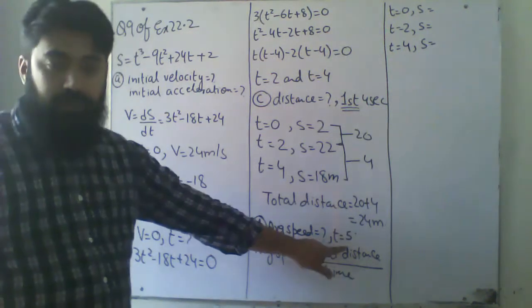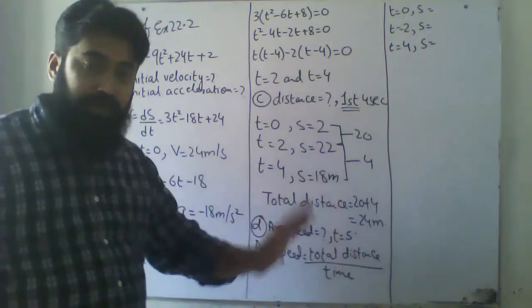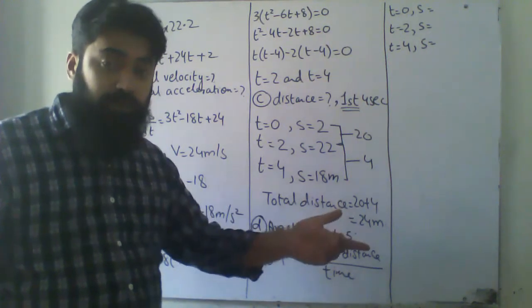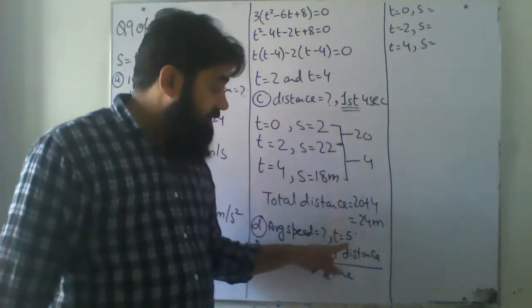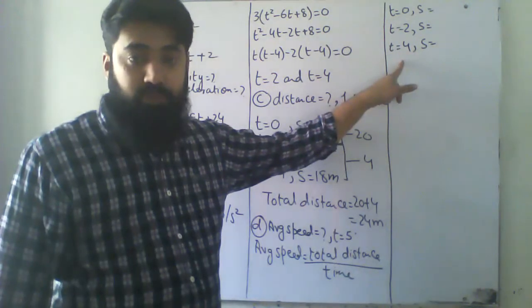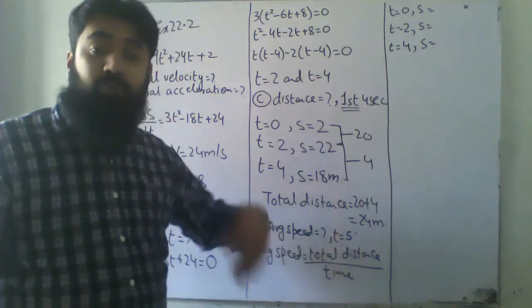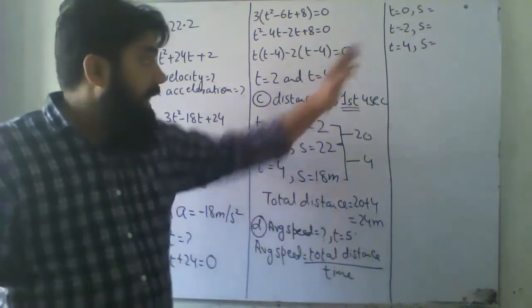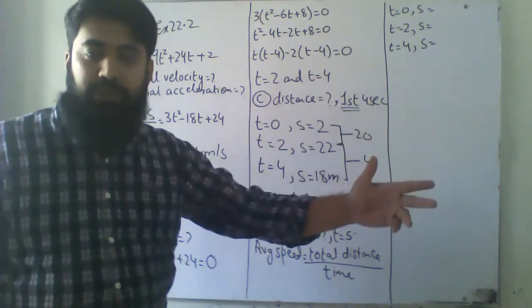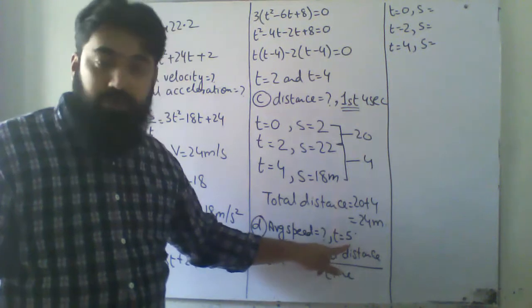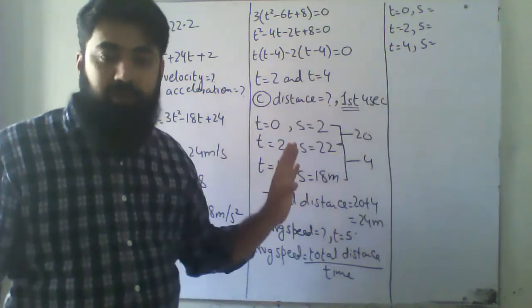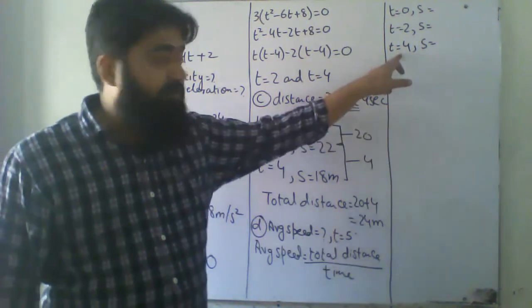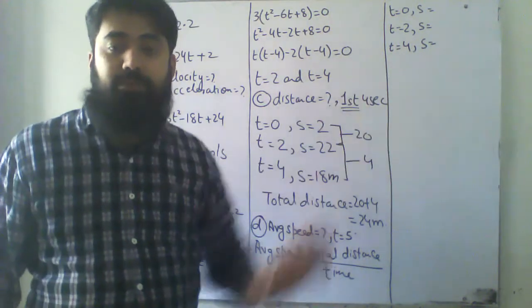After that, they are not telling us to stop at t equals 4. They are telling us to go to t equals 5. So if it is t equals 5, I will find it at t equals 5. If they would have given me t equals 7, I will not go with 5, 6, and 7. After the turning point, I will directly go till the end point. T equals 7 is there, so I will find it for t equals 7. If they say t equals 17, then after t equals 4, I will directly jump to t equals 17.